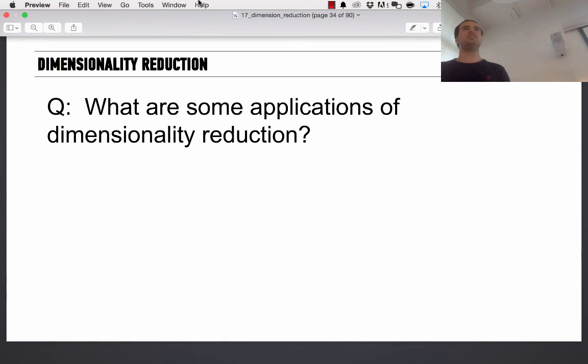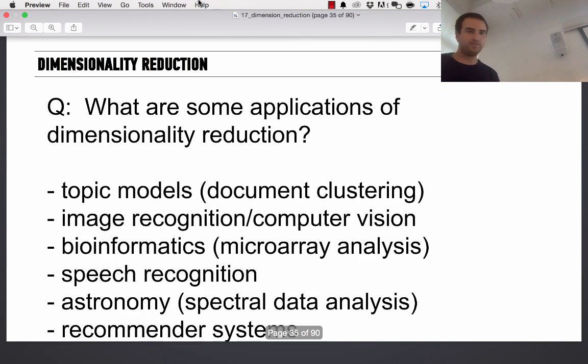So what are some applications? Some of you mentioned file compression. I'll tell you some other ones. Topic modeling for document clustering. Let me put it this way: I give you 1,400 job postings, and in 1,400 job postings, there are 28,000 one, two, and three word phrases. Right? That's 20 times the number of articles and papers.